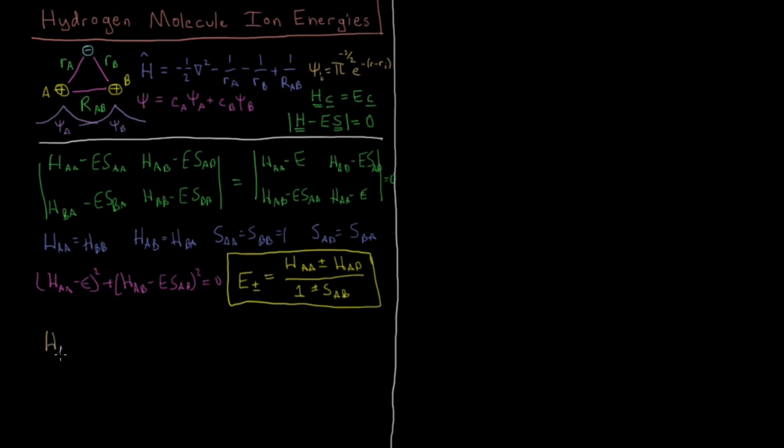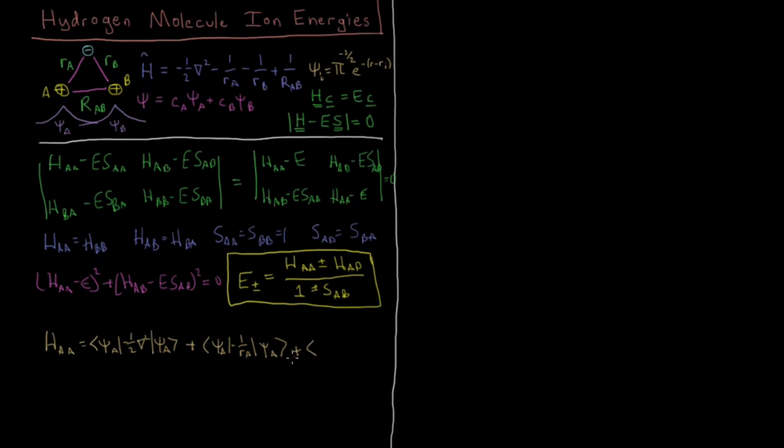Okay, so for HAA, this Hamiltonian is a linear operator. All of these operators can be separated out by themselves. So we're going to have the integral of psi A, minus 1/2 del squared, again atomic units, psi A. So that's an integral of psi star A minus 1/2 del squared psi A, integral over the entire domain of the wave function, which is just the 3 spatial coordinates of electron 1. We have a 3-dimensional wave function, plus the next term in the Hamiltonian, psi A minus 1 over RA, psi A,